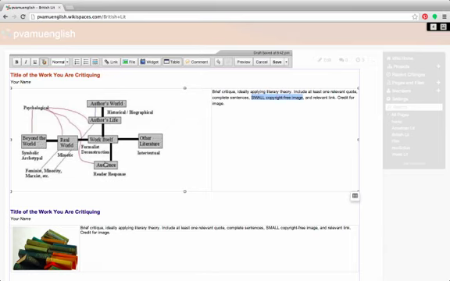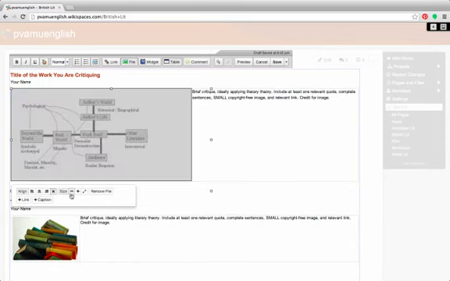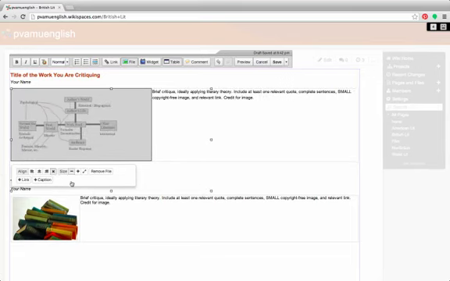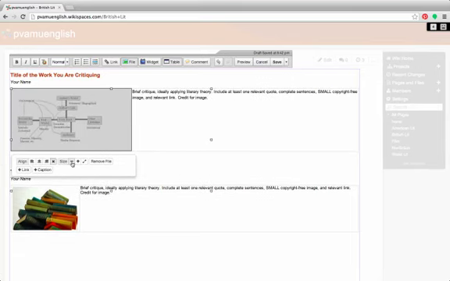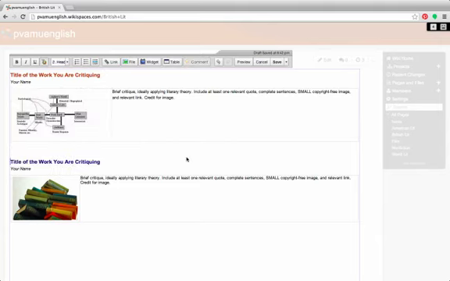I am supposed to include a small copyright-free image. This right here, not small. How can I shrink it? I'm still in edit mode. I click once on the image again, and I start hitting the minus sign to decrease the size. That looks pretty good. If I click in the other side of the table or anywhere else in this page,